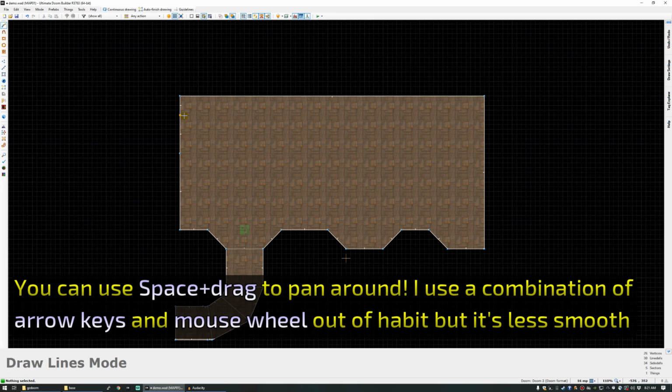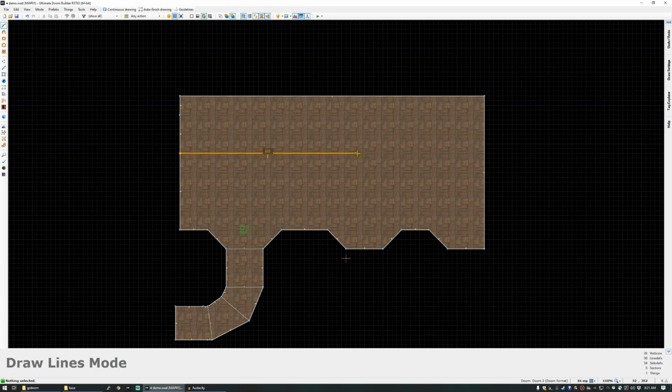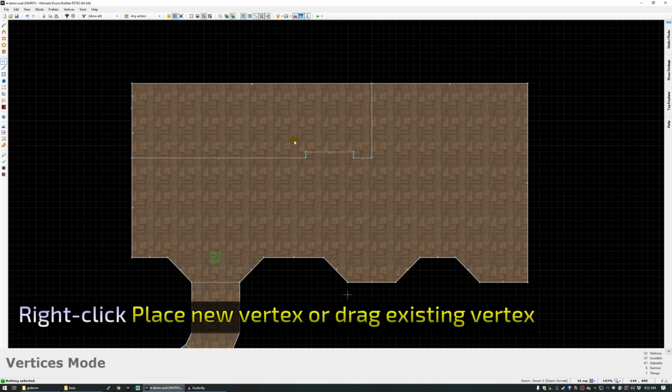I'm just going to divide the room into some different sections so that we can edit the floor and ceiling height on each one, because Doom works in sectors where each sector has its own floor and ceiling height and several other properties like floor and ceiling texture and so on. So to make a Doom map, you've got to divide the map into slices in your head. Right-click, by the way, in vertices mode, press V,